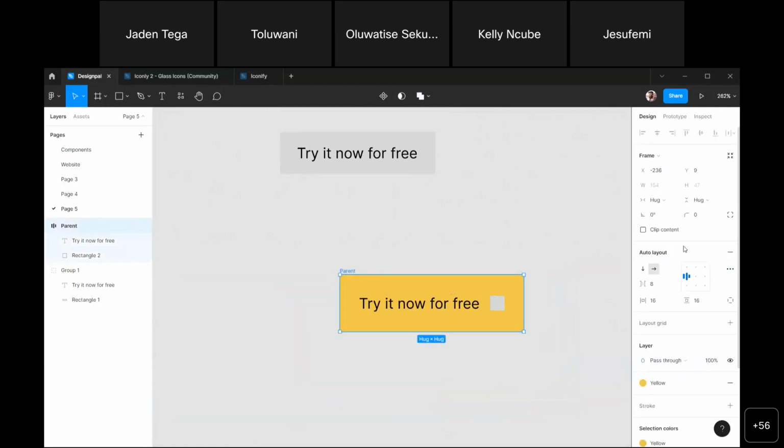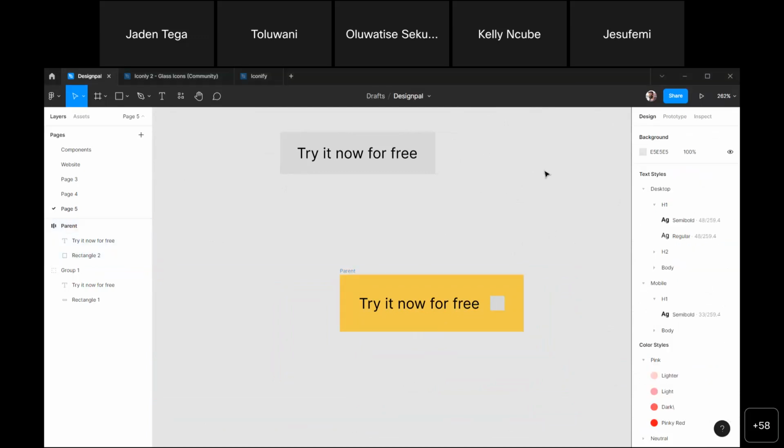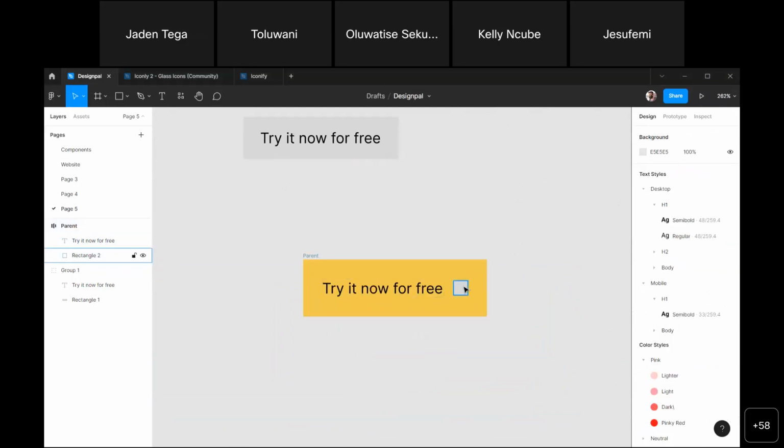What else can we check in this auto layout? So yeah, you might decide you want to put 16 on the left, 30 on the right, 20 on the top, 45 on the bottom. You can just do that by clicking here, and it gives you the options. So what else can we see in the auto layout frame? I've not forgotten about buttons. One more thing you can see